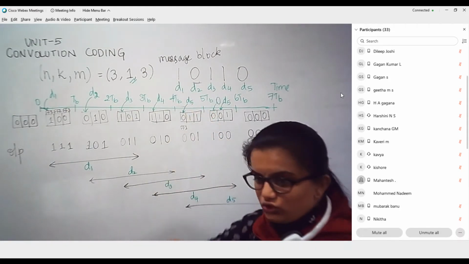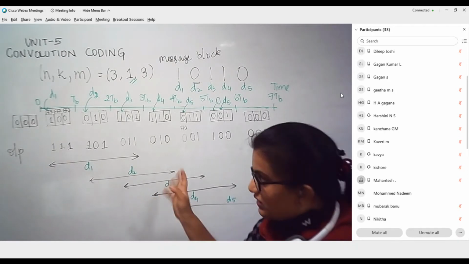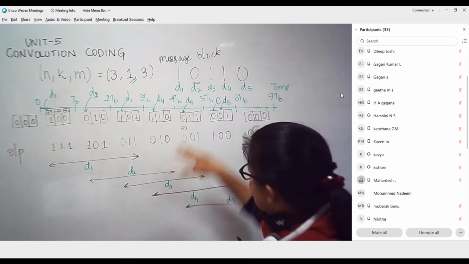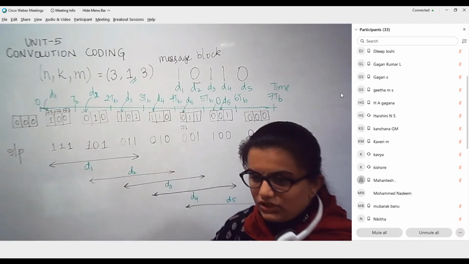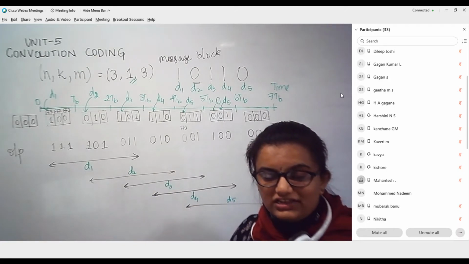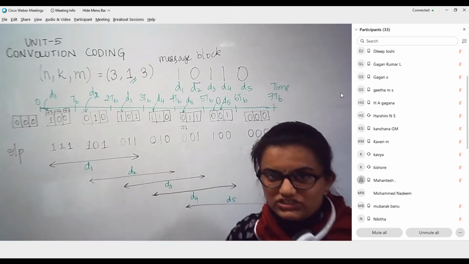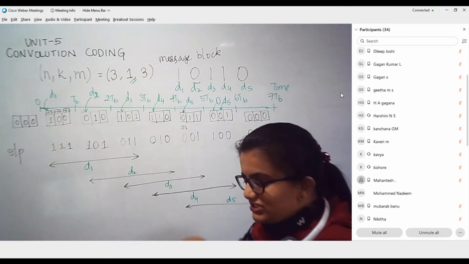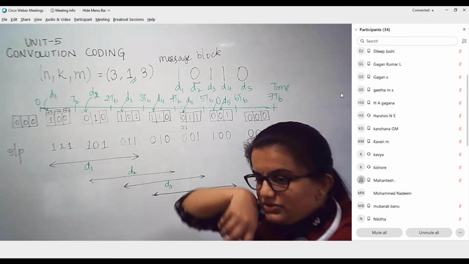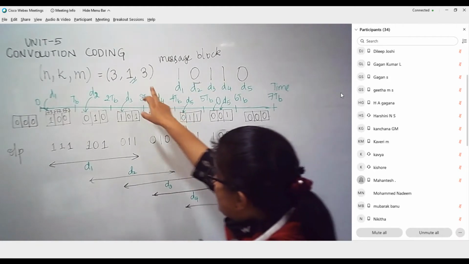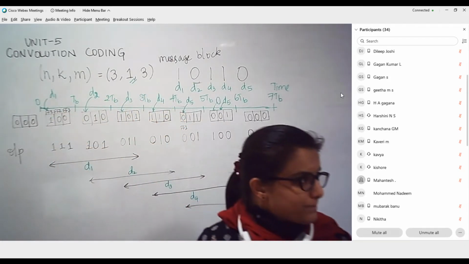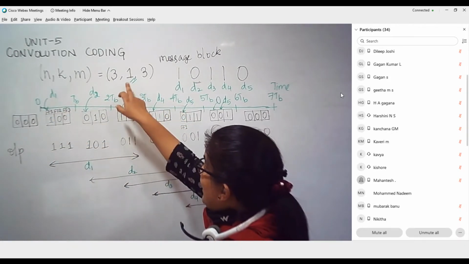we will have two inputs actually. The circuit will look different. We can take 2 bits at a time, so both the bits will enter the two different shift registers at a time. That we will see later. Those kind of examples we will see later. But this is a very simple case where k is equal to 1.